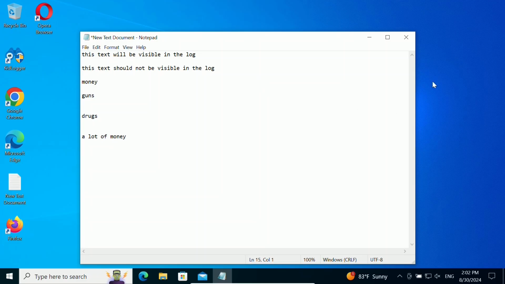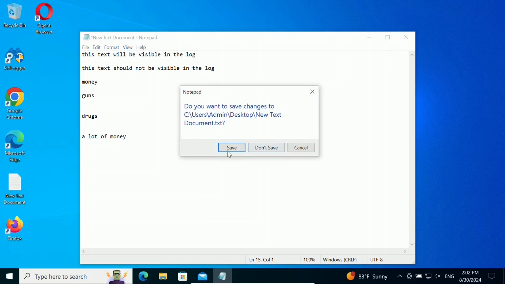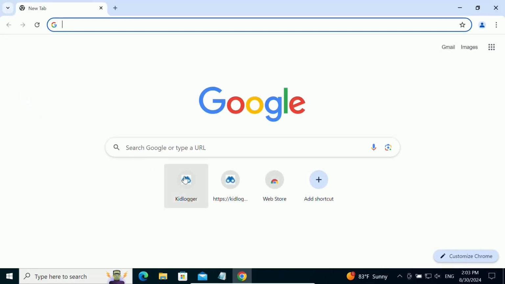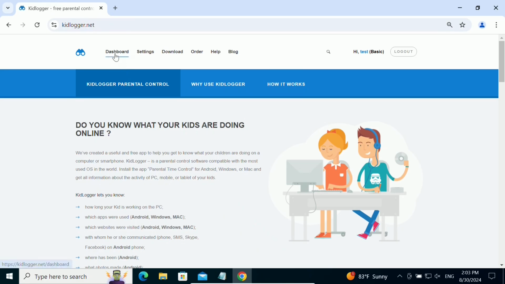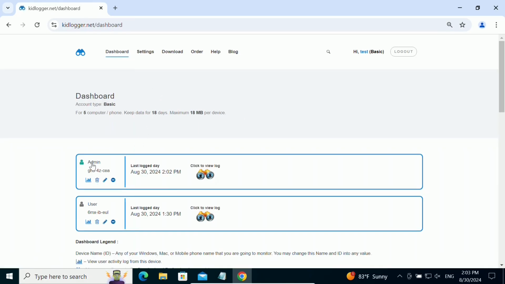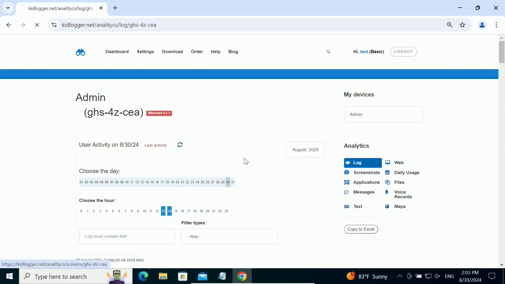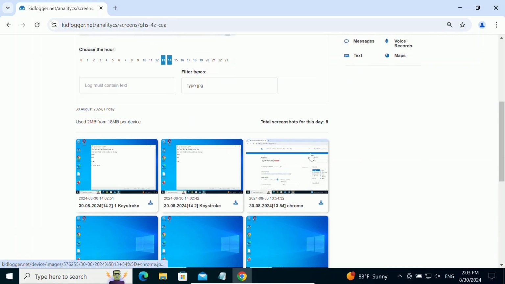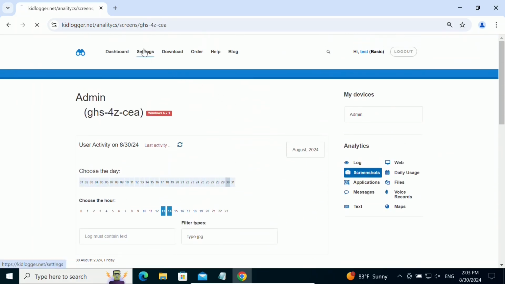Now let's log into your account on keylogger.net and check the screenshots. You will see screenshots taken when the trigger words were typed.